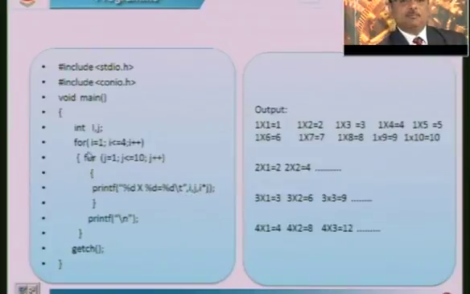The i value is initially 1, j value is 1, 1 into 1, 1. This is how the first output you will get. After this, if you observe slash t, that is why a gap is maintained, and then control goes back and j becomes 2. 2 is less than 10, hence once again it prints 1 into 2 equal to 2, that is 1, 2, 2. This is how you get it. So, this process repeats until the j value is 10.